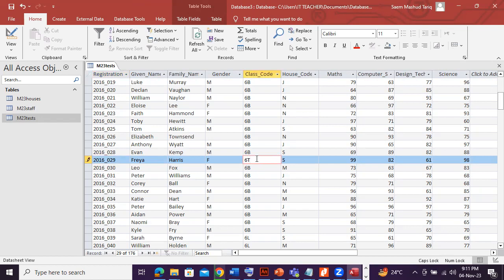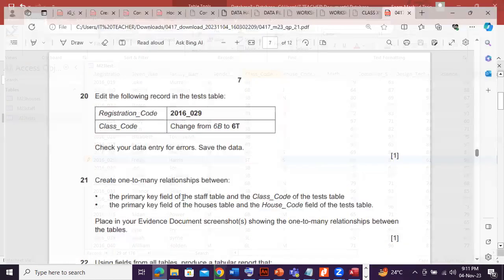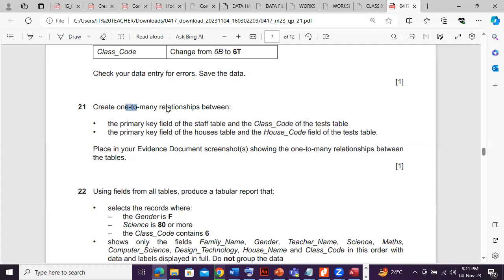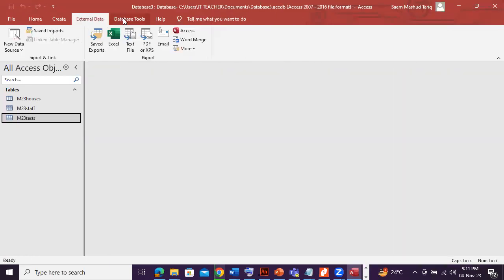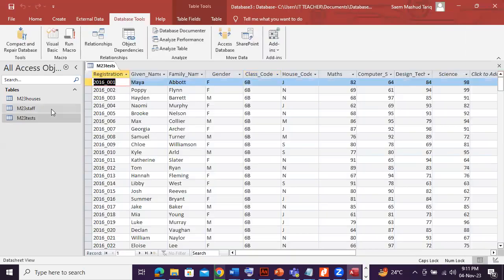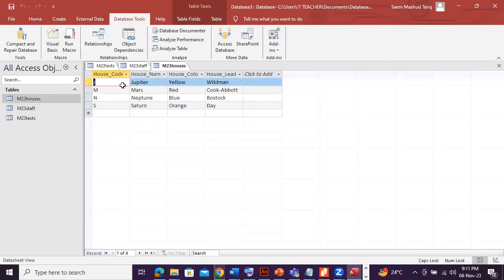6T. Okay, changed. Right. Create a one-to-many relationship between the primary field of the stab table, class code. So we just actually have to make relationships. I'll just show you. The relationship that we'll make over here will be, if you look at the following table, we have over